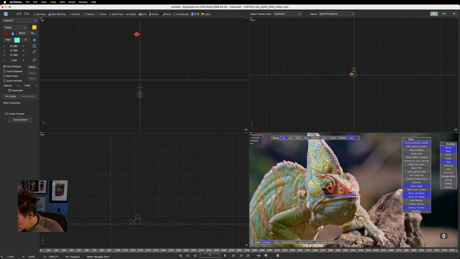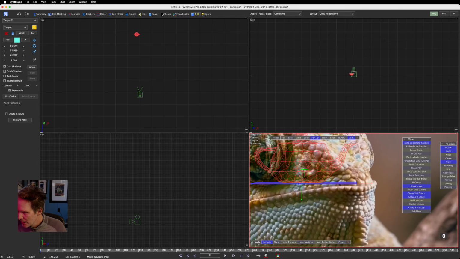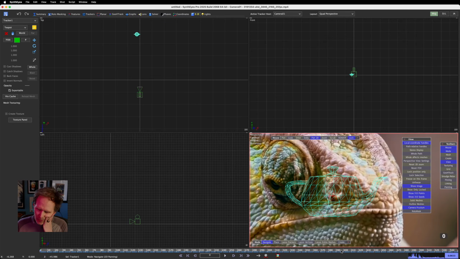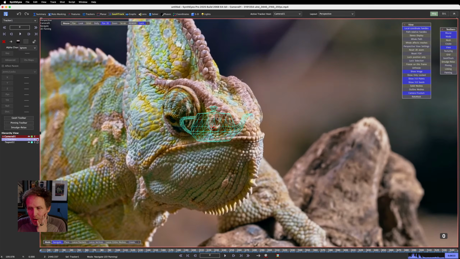And I'm going to move the teapot in the viewport so that it's generally right over the feature we tracked. This is just illustrative. But here's our tracker. So we want the mesh to be stuck to the tracker. Okay, no problem. We're going to go to the GOH room, and we're going to say GOH toolbar,